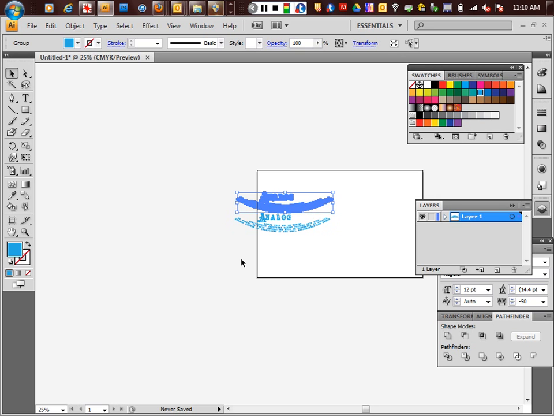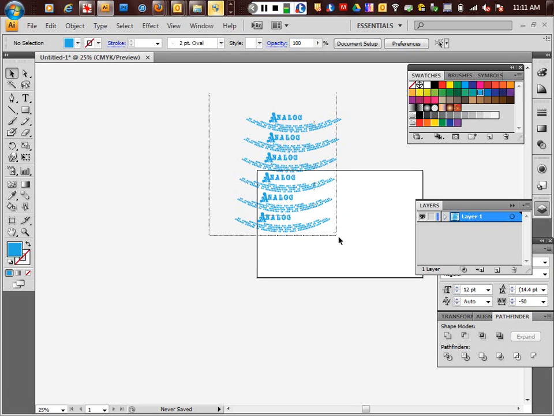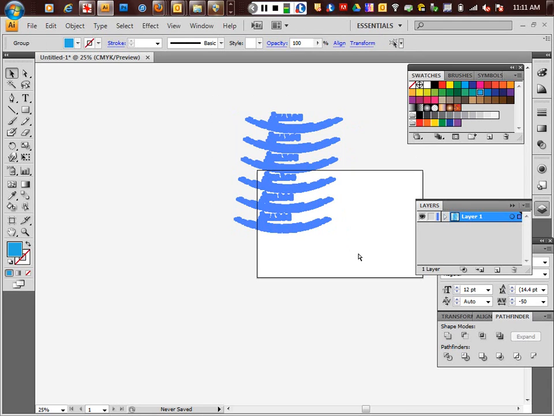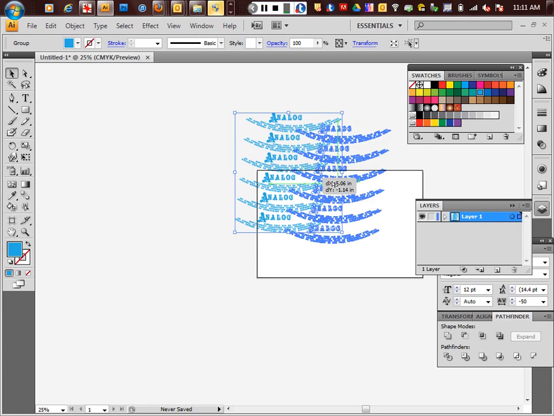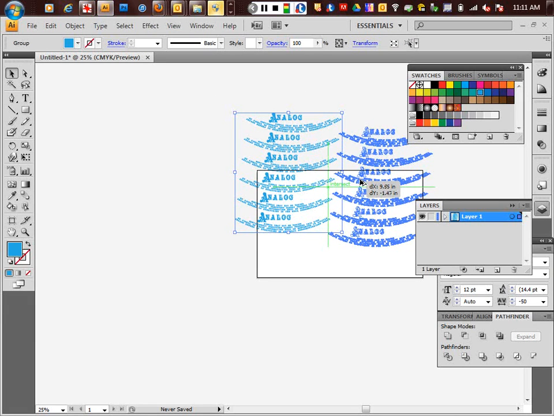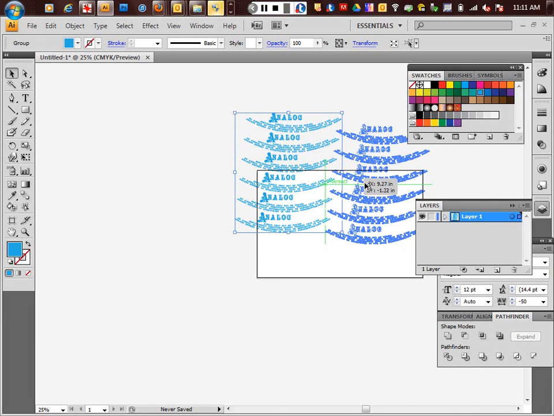And then if that works, you can do a duplicate command, and it's going to duplicate your last function that you did. So Control D is going to duplicate what I did, and then what I'm going to do is get all of those, Control G to group those, click down on it, hold down Alt, drag to the side. I'm going to offset it a little bit,